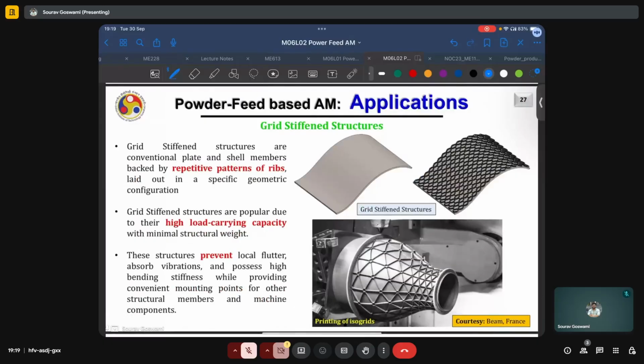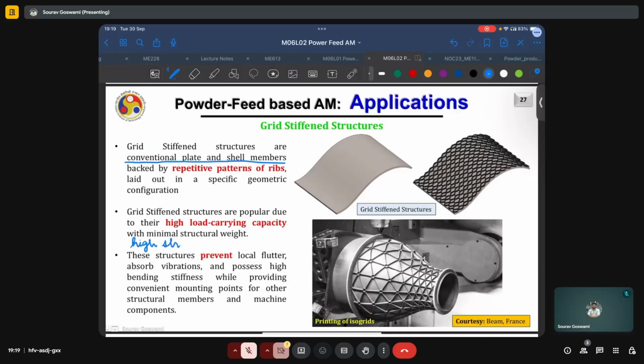An upcoming application of these powder feed based AM processes is that of the manufacturing of grid stiffened structures. These grid stiffened structures are actually conventional plate and shell members which are further strengthened by repetitive patterns of ribs laid out in a specific geometric configuration as shown here. Grid stiffened structures are popular due to their high load carrying capacity with minimal structural weight, or in other words, because of their